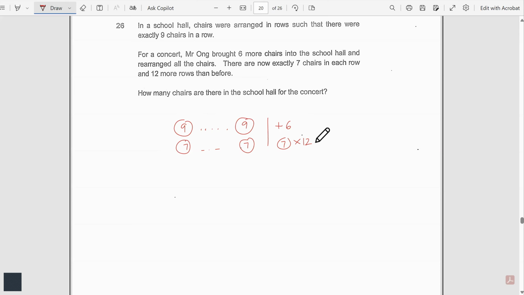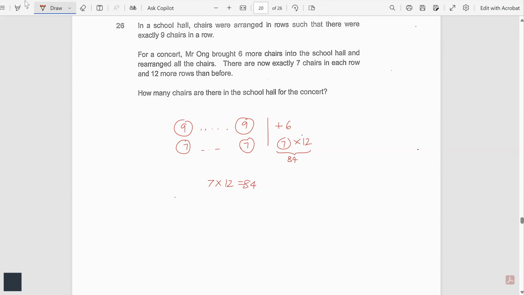Then I'll compare my top and bottom, left-hand side, right-hand side. When I compare my right-hand side, the bottom has more chairs, right? So how many more chairs are there on the right-hand side? Bottom right-hand side. So firstly, 7 times 12. That is 84. So this part here is 84. So when I compare this 6 versus 84, there is a difference of